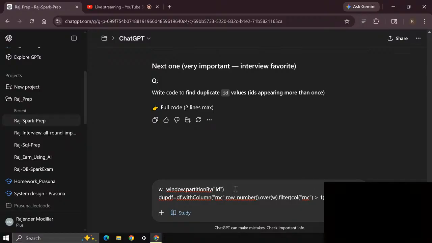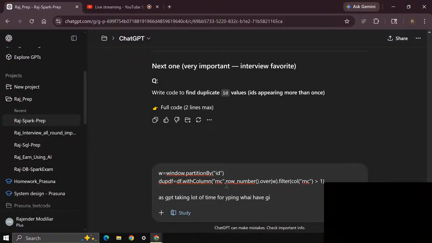I think this will work, but I need to mention one thing here: as GPT is taking a lot of time for typing what I have given, I am just avoiding the import class, please ignore.